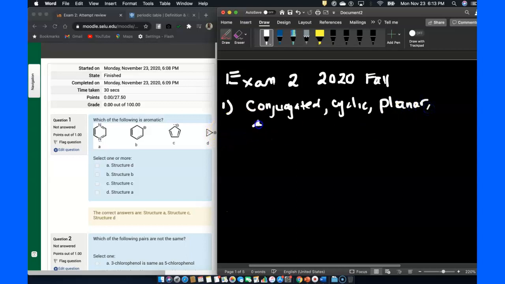And when you solve for n in 4n plus 2 equals number of pi electrons, n must never be a fraction. It could be 0 or any whole number. So if the molecule passes all these 4, cyclic, conjugated, planar, and passes 4n plus 2, it's going to be aromatic. So the first one,